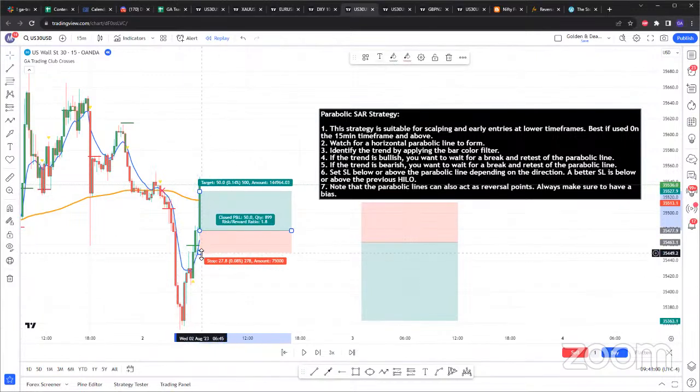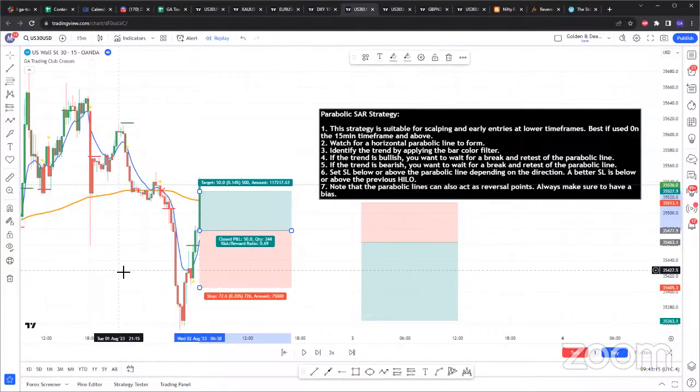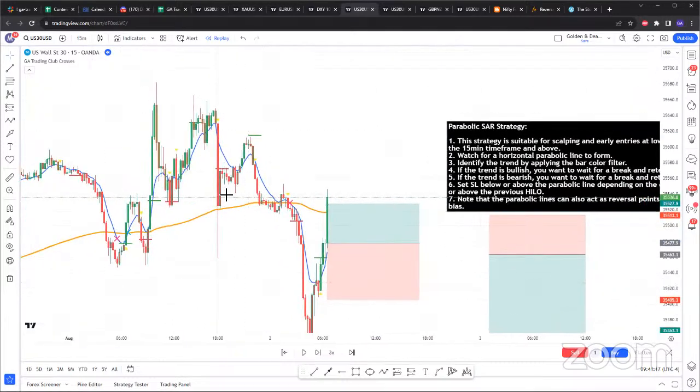So the key here is to find out where you're going to put your stop loss. In case of a buy, you put your stop loss below that parabolic line. If it's a sell, you'd put your stop loss above it. Or you put your stop loss below the previous swing level. Because if you back test, and we'll do some back testing,